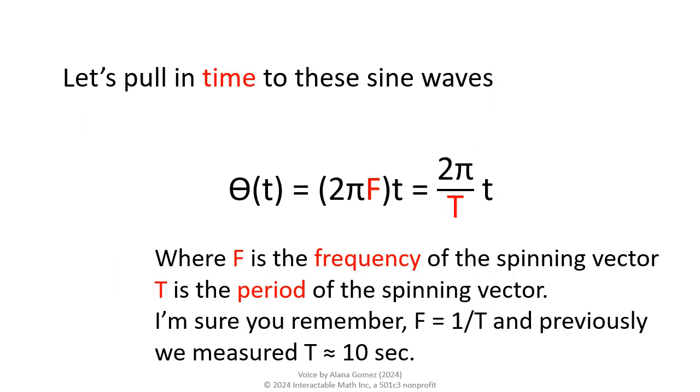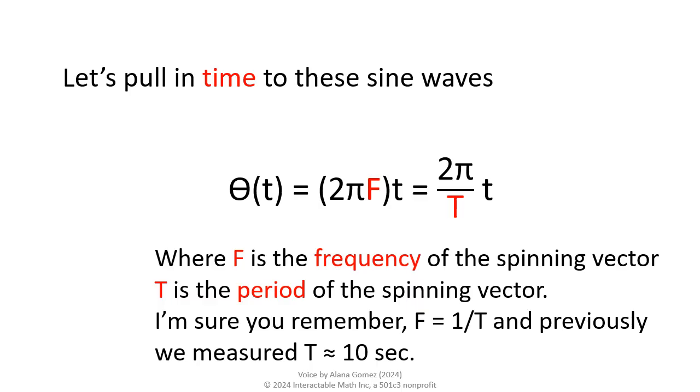We can think of the previous theta angle as being a function of time. We measured a period of about 10 seconds to complete a revolution about the circle. Phase, as a function of time, would be what fraction of that period we have completed right now multiplied by a complete revolution of phase, or 2 pi. The fraction we have completed is current time divided by period. Hey! Wow! We have an equation for angle theta as a function of time.